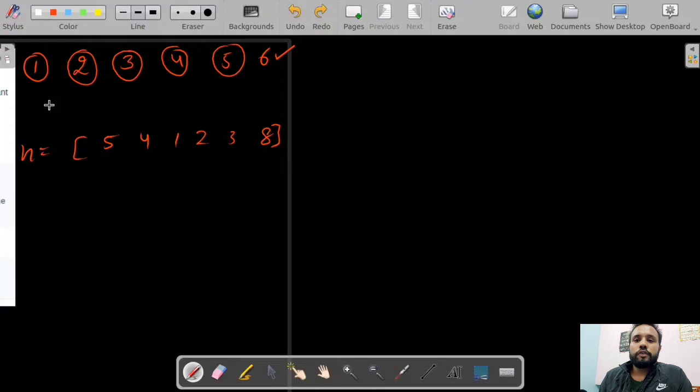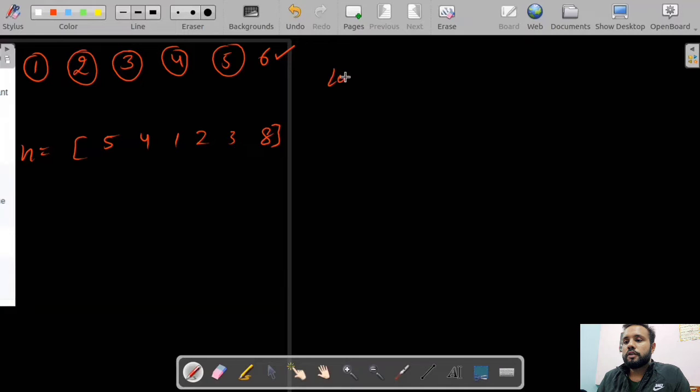So what we are doing is, we are traversing from the smallest positive integer and incrementing it one by one and checking if the number is present. If it is present, we move to the next number. Still present, move to the next number. If it is not present, then that is our answer. Okay, so we can say